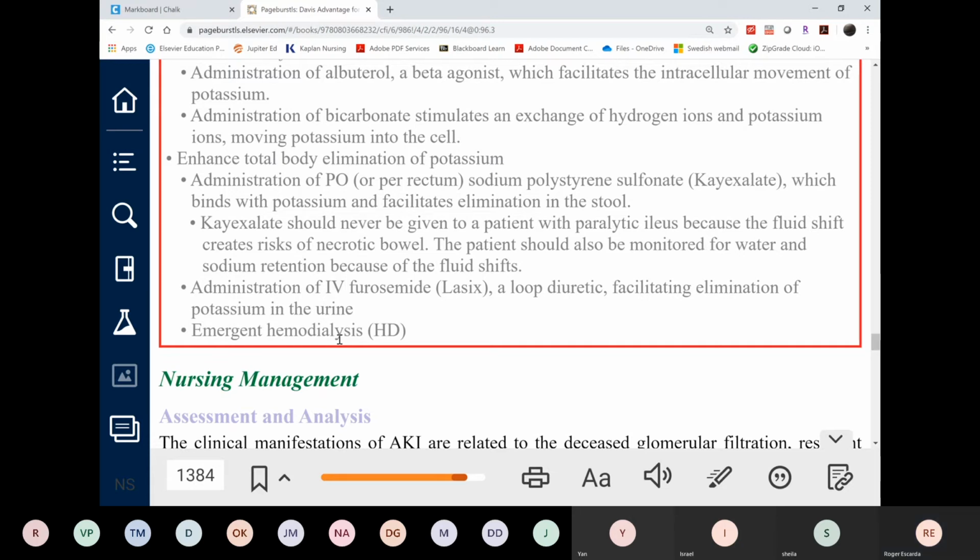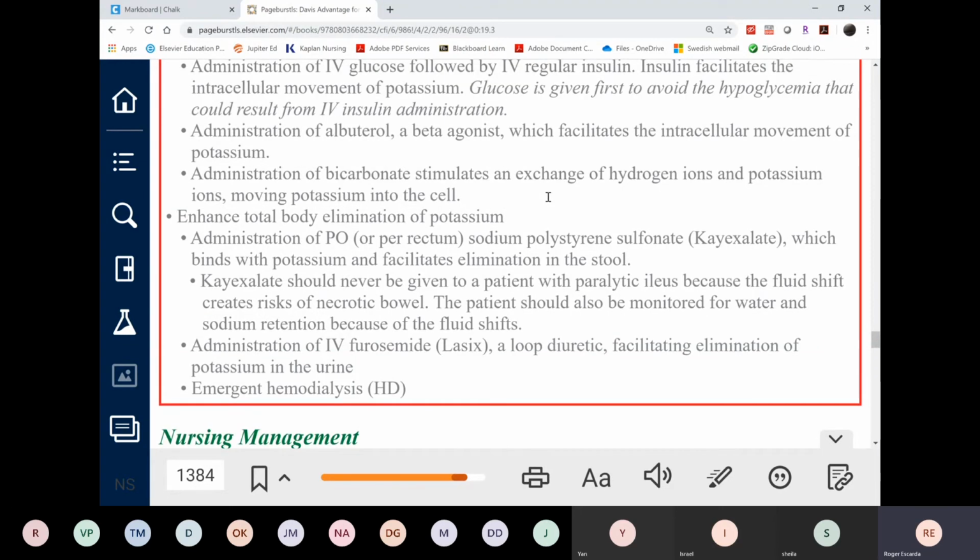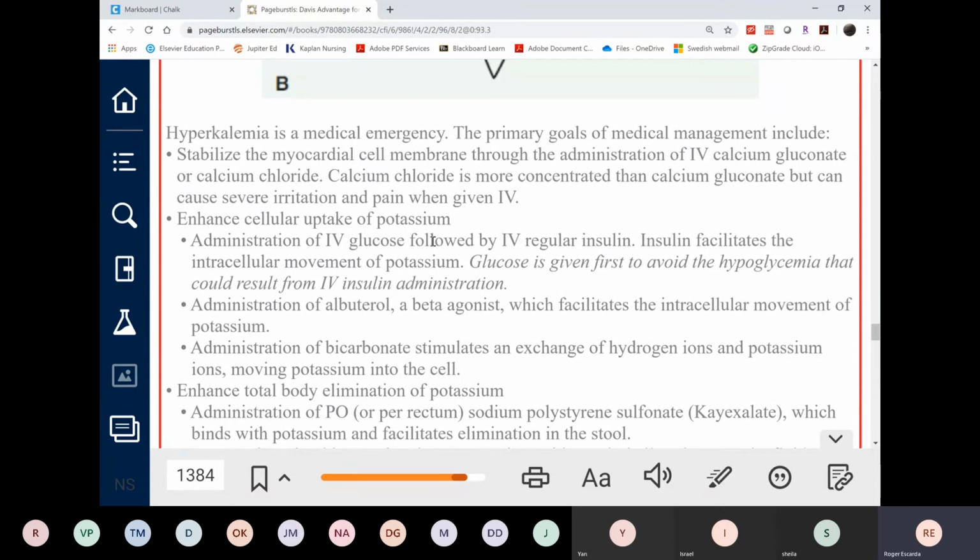Between Kayexalate and diuretics, it's really reliable in eliminating potassium. The only problem is it takes so long. It takes two up to four hours sometimes before the patient has a bowel movement. So the fastest way again is to shift the potassium. So either the calcium chloride or calcium gluconate, again the same effect as the insulin with glucose,